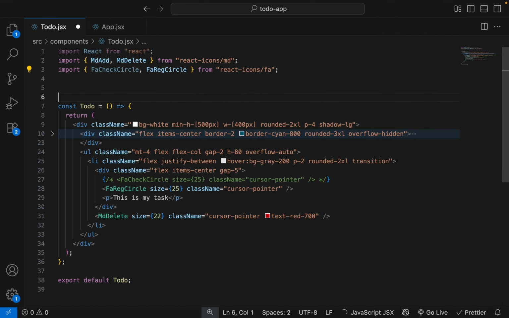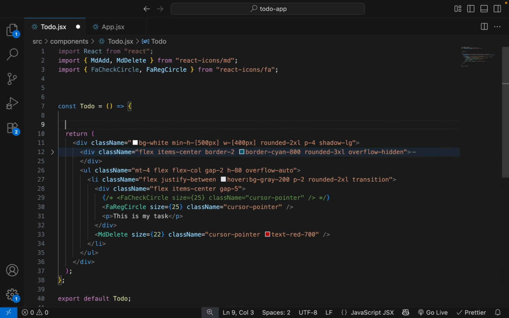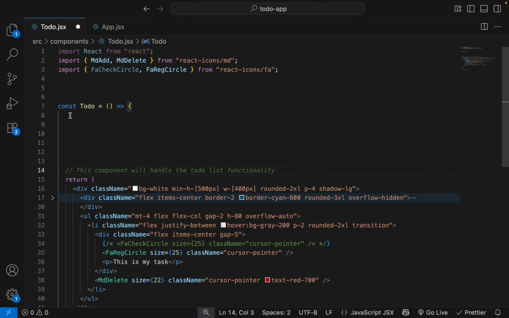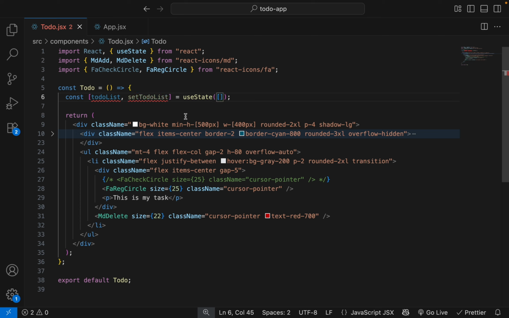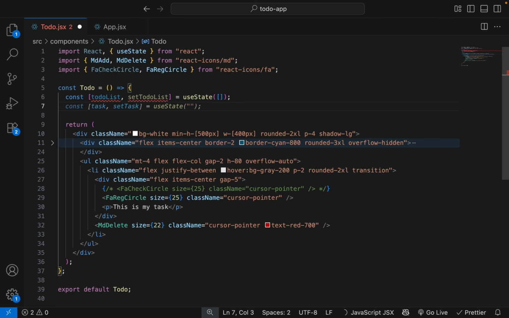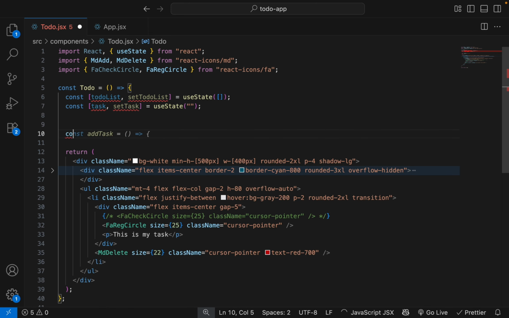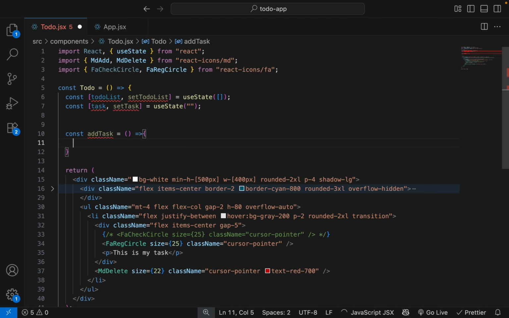Now add a state variable. So I have added the state variable to-do list. Inside this, all the tasks will be stored. Let's create another state variable. Now create a function, addTask. This function will be used to create a task.